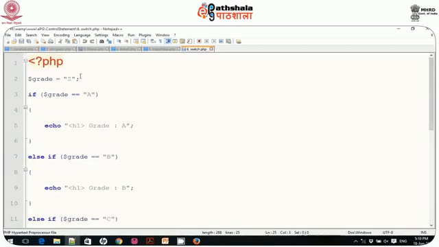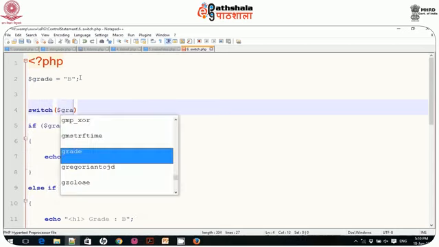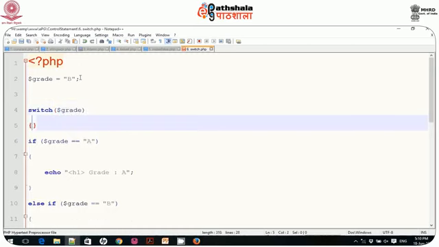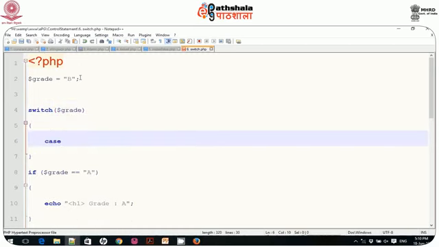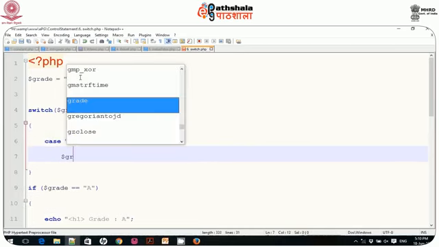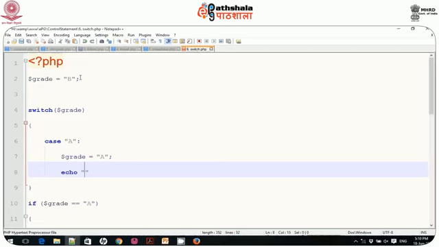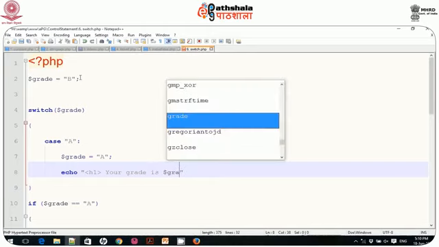Now here I define $grade as any value, let's say for example B, and I write switch $grade, and then we define case A. Then you can say $grade is assigned to A and echo h1 your grade is $grade.